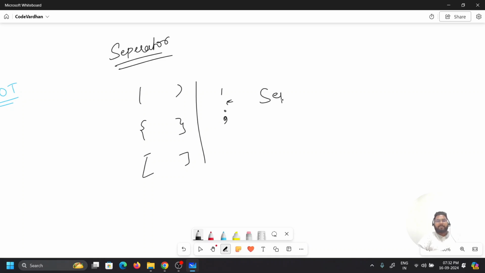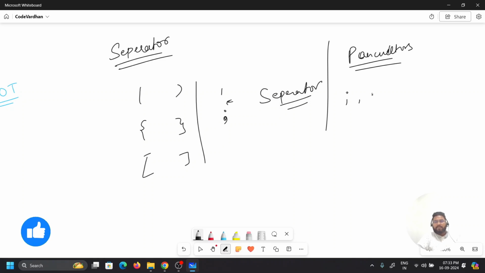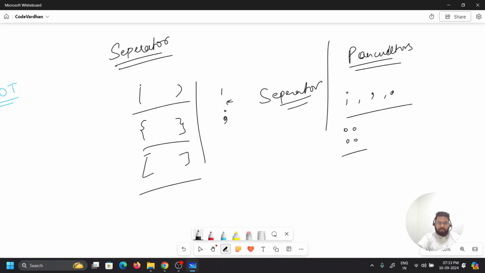These are called separators. They are simple punctuation marks. And now we have punctuators. In terms of punctuators, we have semicolon, comma, dots, and a scope resolution operator in some programming languages. These are the symbols, punctuators, which we use in our code to perform certain operations.